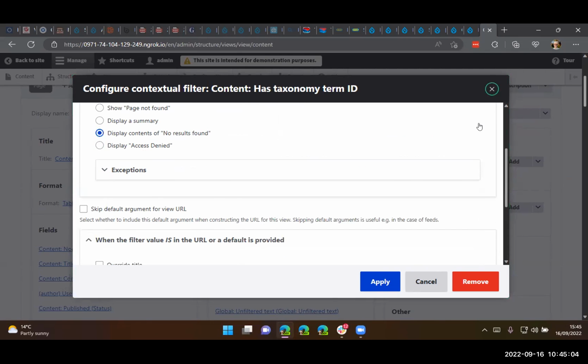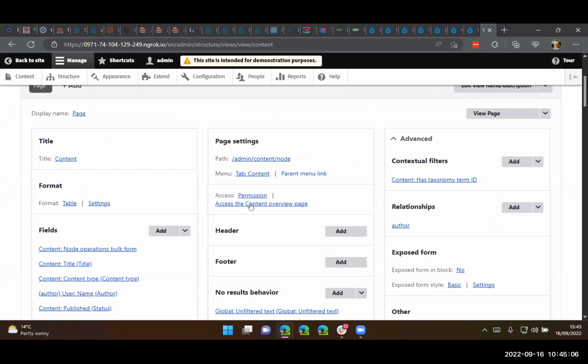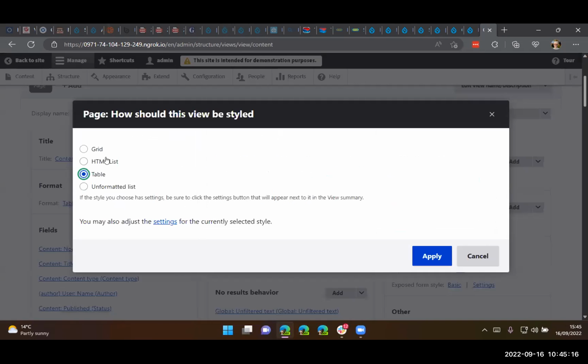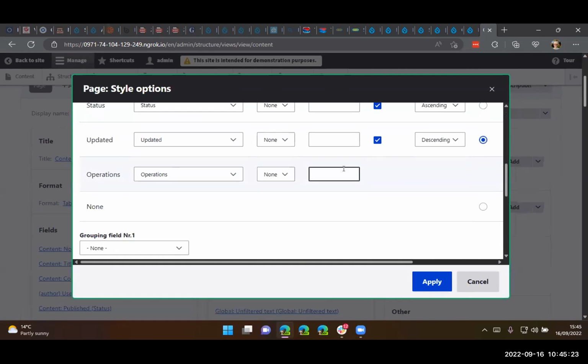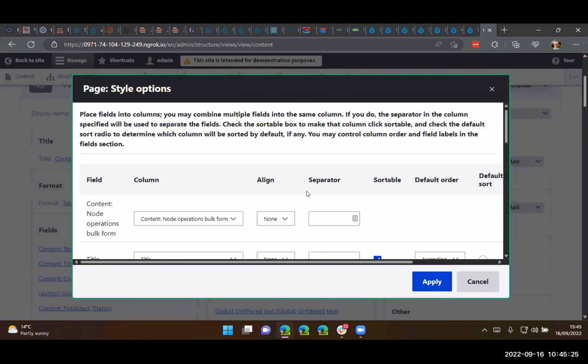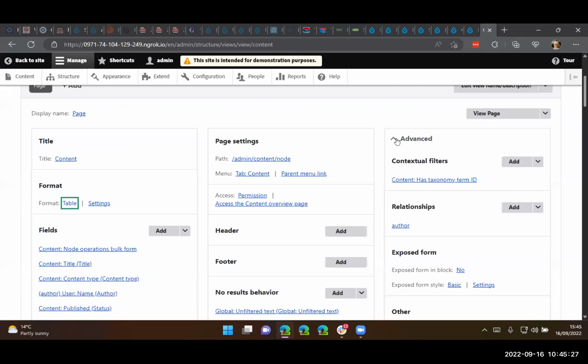So what I was thinking to address that is we could borrow some patterns that exist in other parts of Views UI. So for instance, over here under format, we've got format, table, and settings. When I come into table, I can change the layout, and then I can go to the settings screen to have more granular configuration in that. So I'm wondering if we can borrow that pattern. So with the contextual filter,